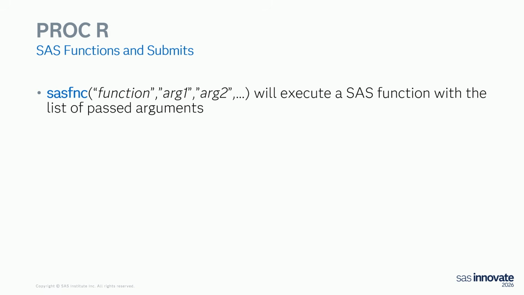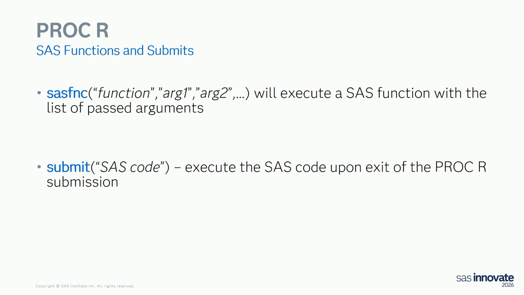Next up are the functions. So I can run a SAS function and just tell it, hey, run this function. Here's a list of arguments. It'll run that inside of R. So again, if there is a specific SAS function that you like, I tend to find the text functions are really nice. I will do those. I do that in Python all the time.